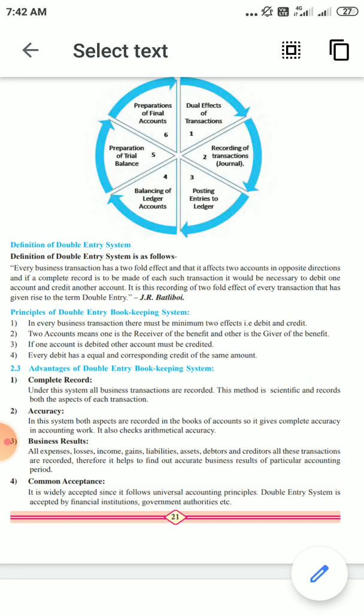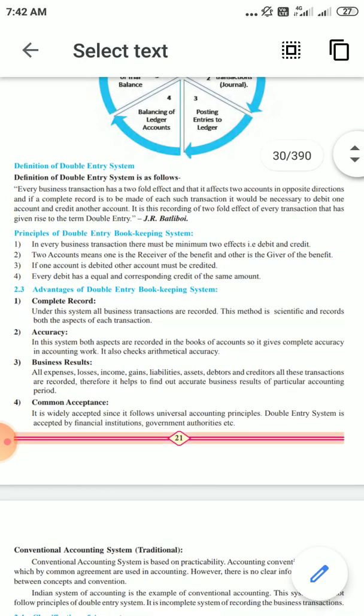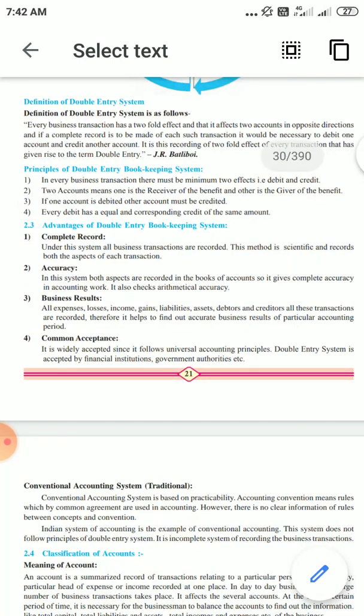So let's see what are the advantages of the double entry system of accounting. First one is it is a very complete record, okay. As I told you, it is systematic, that's why it will give you all complete records. So under this system business transactions are recorded. This method is very scientific and records both the aspects of each transaction, okay. जो भी transaction आप लोग record करेंगे उसका पूरा detail में they will give, because every transaction has a debit and